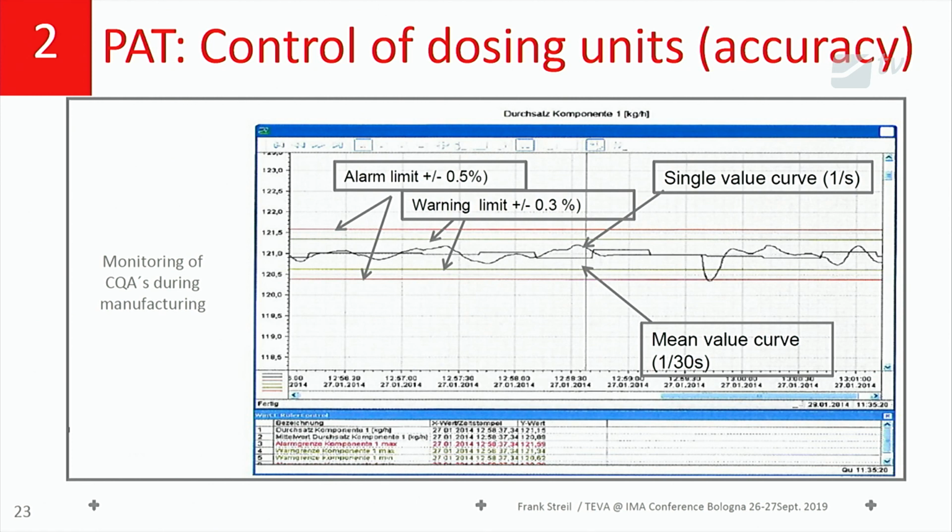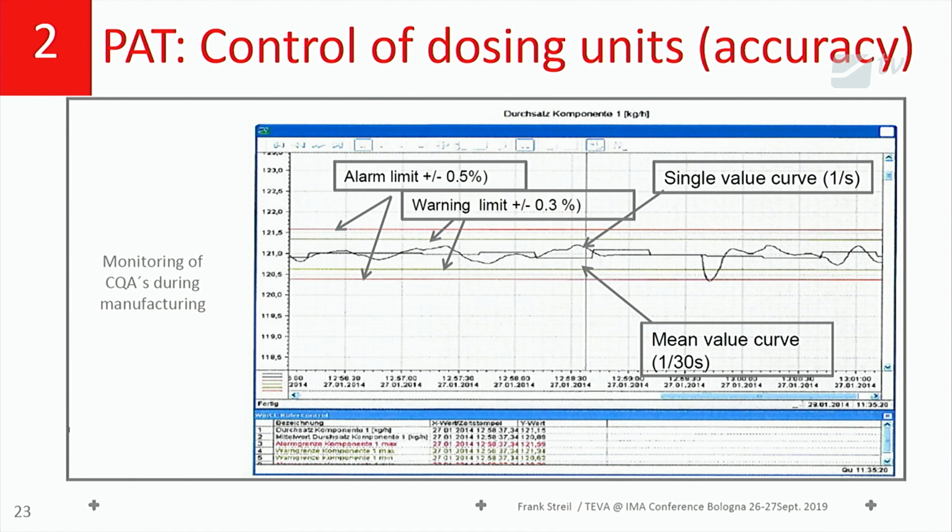With the NIR, we check the dosing accuracy, for example, every second, and we take a mean value out of this over 30 seconds. We continuously monitor these values with two limits: one is a warning limit, and the second is an alarm limit. Then you have a statistical evaluation behind that, for when you are forced to switch the valve to reject the product, and what you can accept if the value is out of the warning limit. And that's key